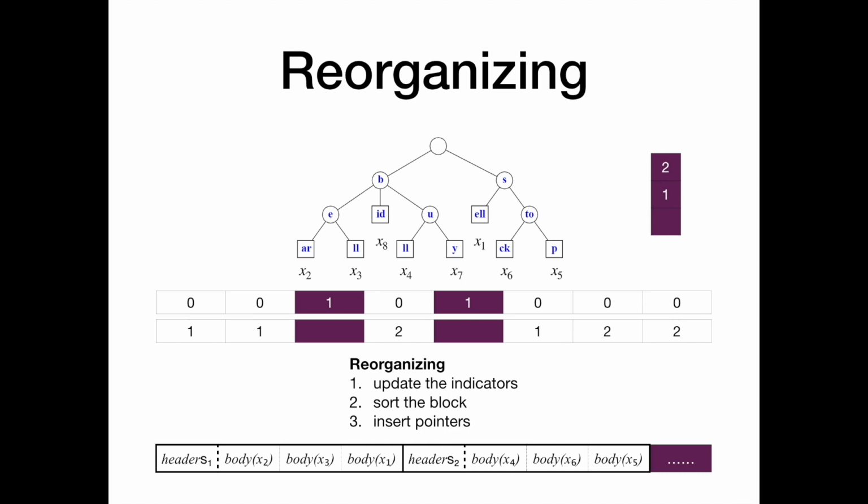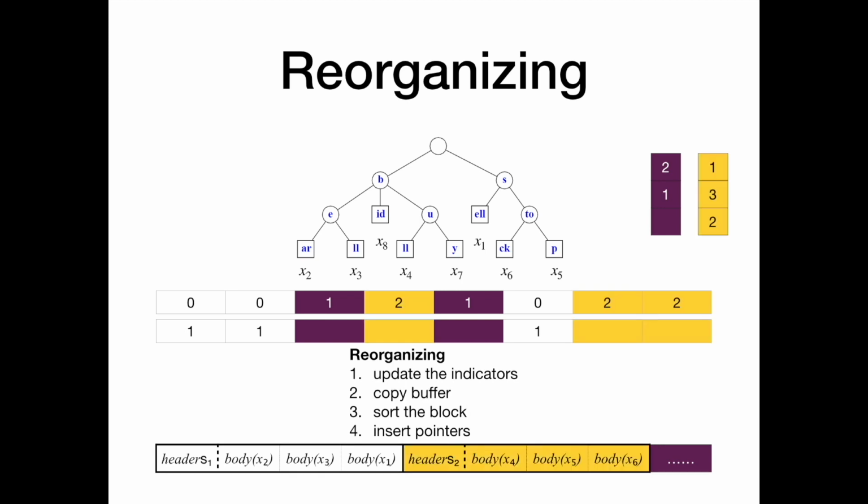To do so, we introduce a new buffer and a new indicator value. We let 2 denote that the data point is in a block under reorganization. We use a new buffer to maintain the block under reorganization. Hence, we need to add one more thing into the task list: to flush the buffer for new insertions.